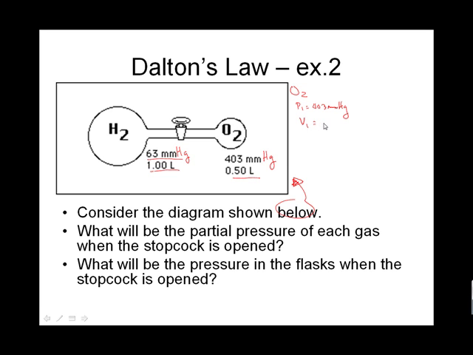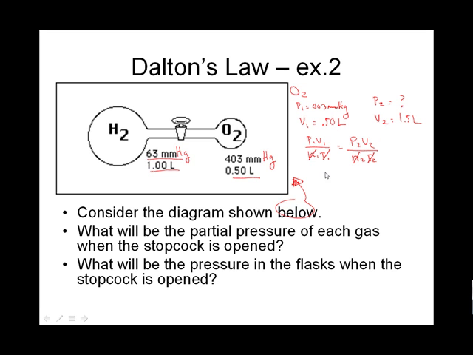I know the initial volume was 0.5 liters. And I don't know the partial pressure of oxygen after I open the stopcock, but I know that the total volume is going to be 1.5 liter. So here is my P1V1 over N1T1 equals P2V2 over N2T2, and I'm not dealing with number of moles, I'm not changing the number of moles, nor am I changing the temperature, and so here